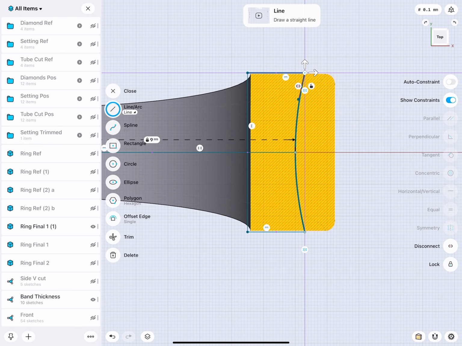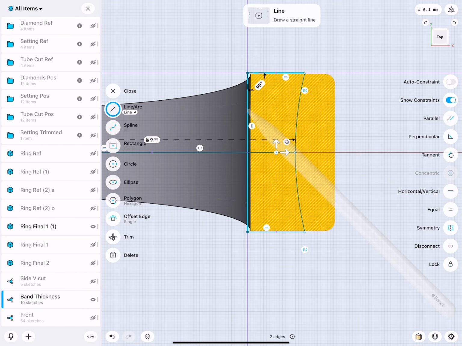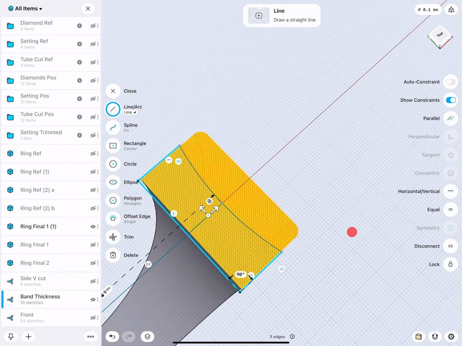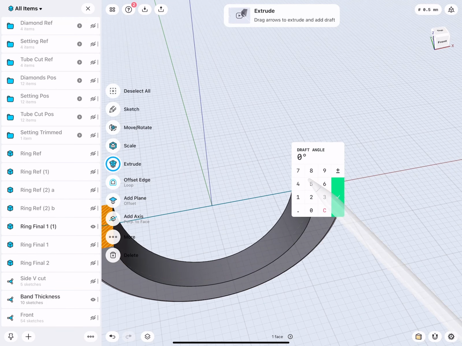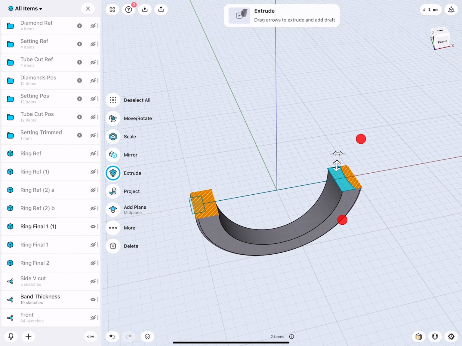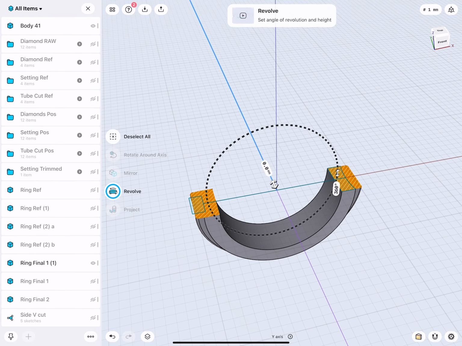The left and the right point are made symmetrical to this line. And then here I have 2 more lines to create a nice filled sketch. And this shape, when I select these 2 profiles, select the correct axis, I make a revolve object.